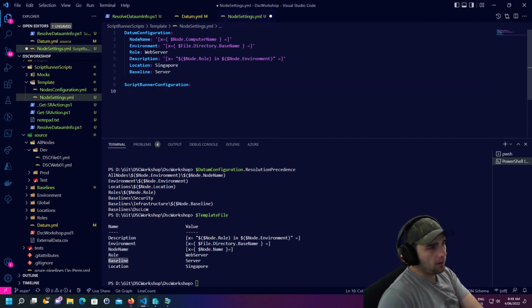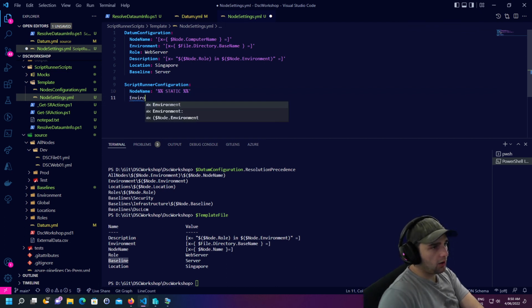We can have node path, or actually node name, and these are static parameters. Environment,